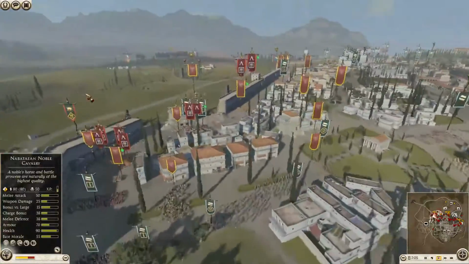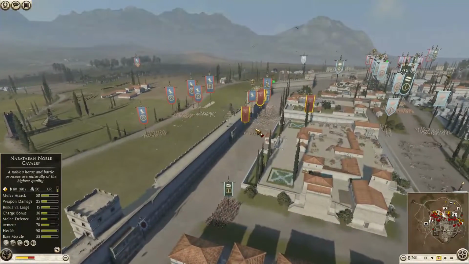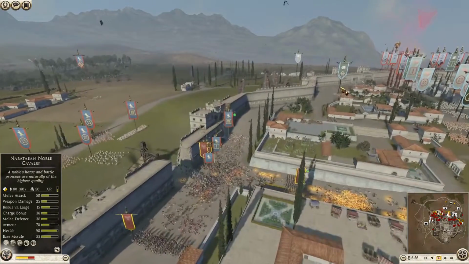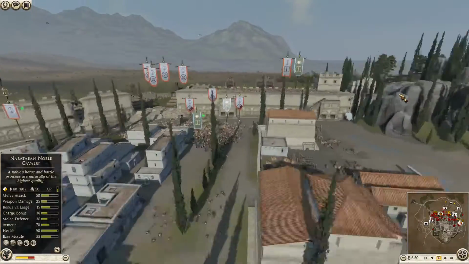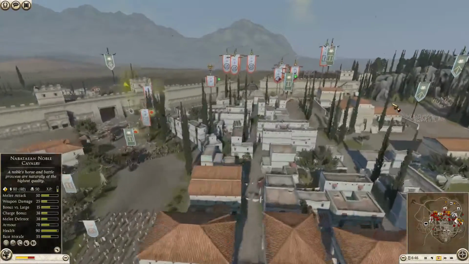Oh, man. So there's a couple things in this battle, I think, that are good lessons to learn. One thing I would say, if one of your allies is getting swarmed by cavalry outside of the settlement, you should probably help them, and if you...